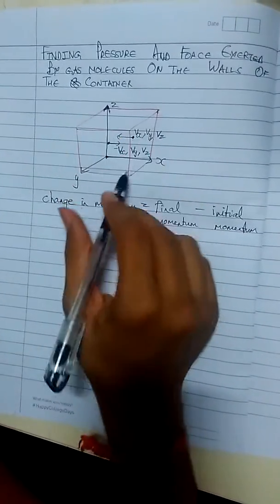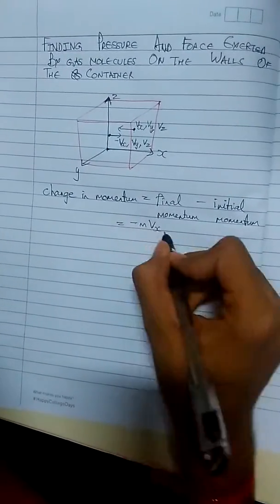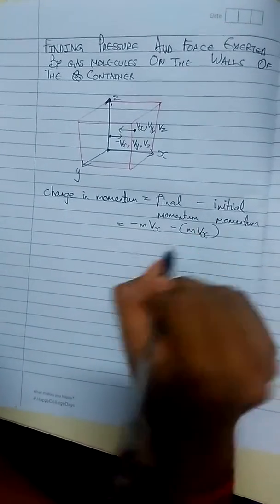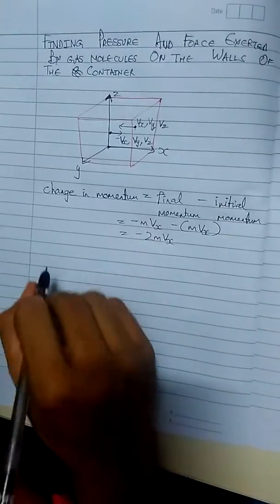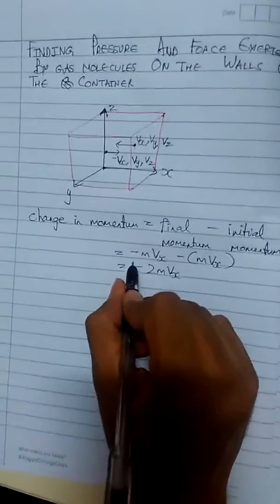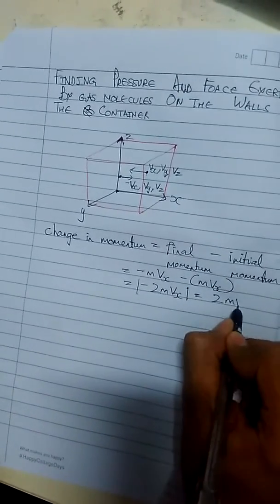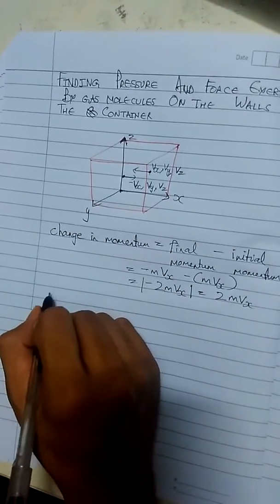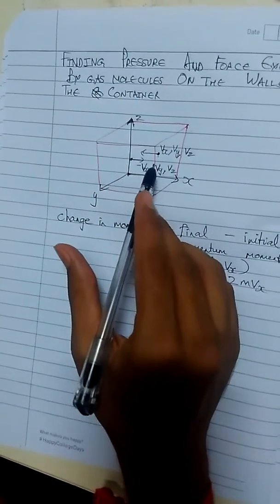From this diagram we can say that the final momentum is minus mvx, minus the initial momentum mvx, which gives minus 2 mvx. During calculation we take the mod of this value, which gives 2 mvx. To calculate the force and pressure on the wall, we need to calculate the momentum imparted